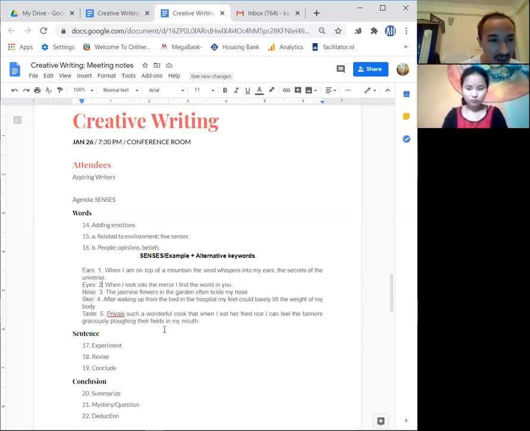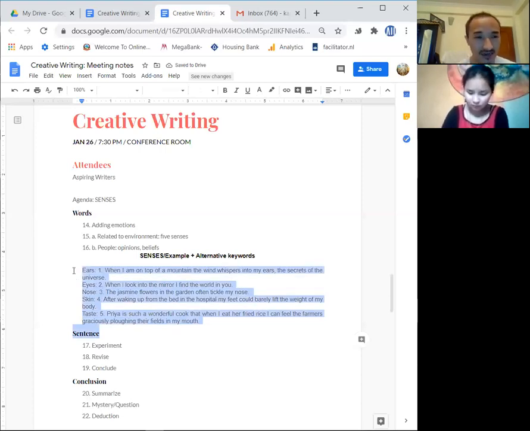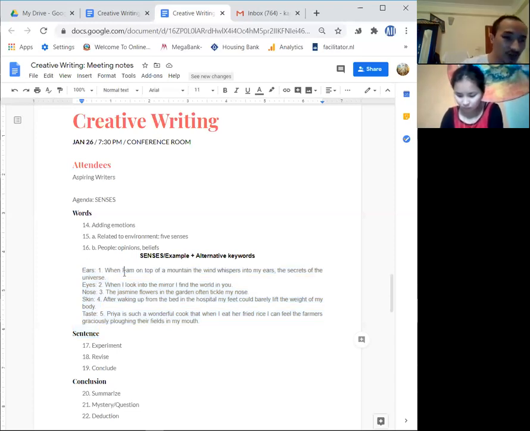Taste: Priya is such a wonderful cook that when I eat her fried rice, I can feel the farmers graciously plowing their fields in my mouth. It's giving an example of how good that food tastes. So these are some things that give the reader an idea of what it is really like to be that writer in that particular place and time. When you add senses, it makes the article, the poem, or any kind of story you write more realistic,